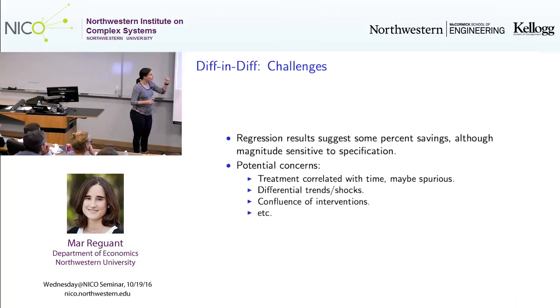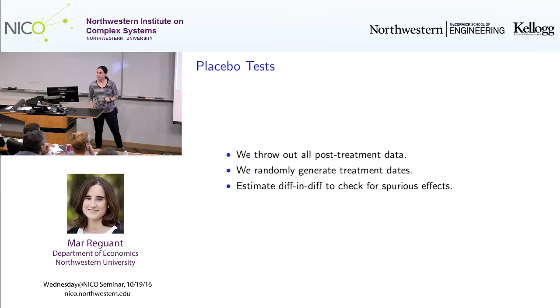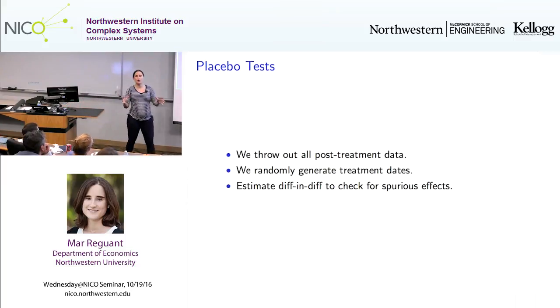One red flag that we found is a placebo test. So in the context of Diff-in-Diff, we often call a placebo test when we take the data only from before, we throw away all the treated data, and we basically make up a treatment. So we come up with a date and we make up that there was a treatment that date. And then we try to see, okay, if we run the same regression, would we estimate some treatment even though we know by construction that we just made up that treatment?